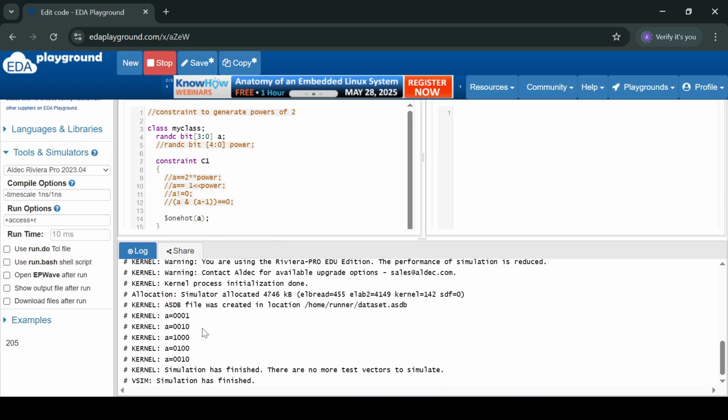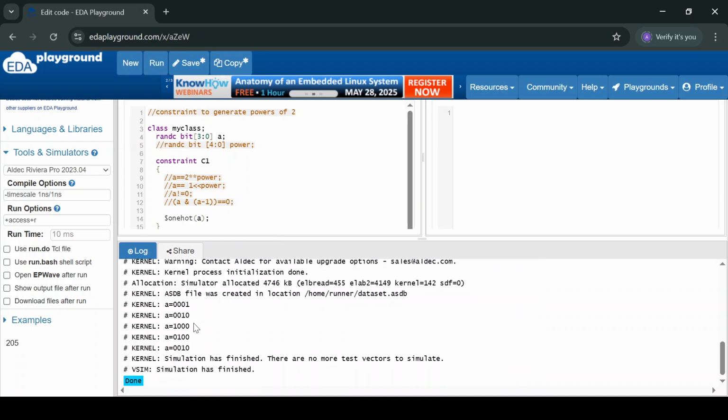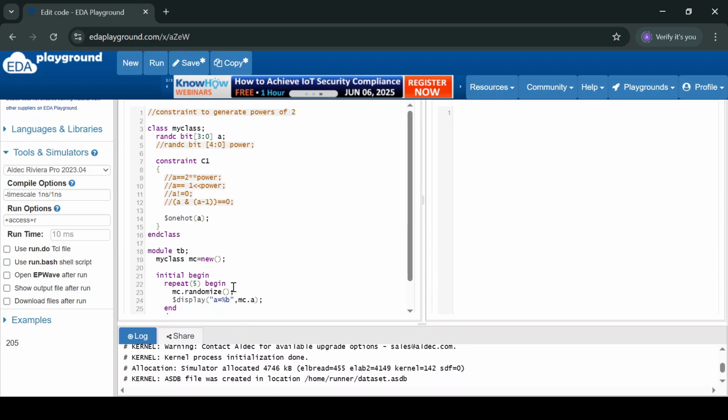Yes, if we see 0001, 0010, 1000, 0100 and 0010, this is how, at a time only one bit is set to high. This is how $onehot works, and with this $onehot also we can generate the powers of 2. This is one way, and another way is by using another system function, that is